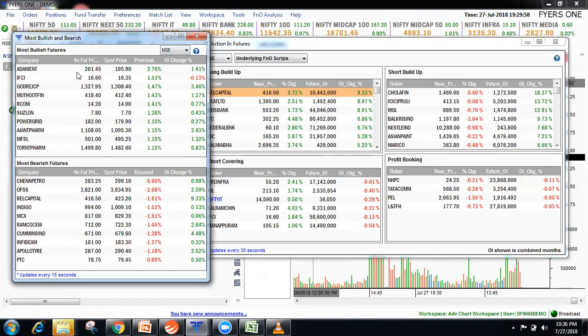If you're using it at 10 a.m., it will show the stocks which are most bullish at that moment. If you see most bearish, it will show the stocks which are most bearish at that moment. No other software or terminal is giving most bullish, most bearish, where the long is getting built up, where the short is getting built up. This Fyers feature is showing it, and the live scanner is too good. So students who want to create some new strategy can work on this.